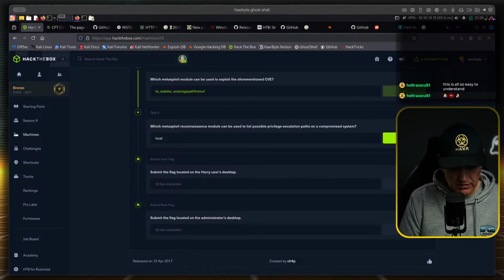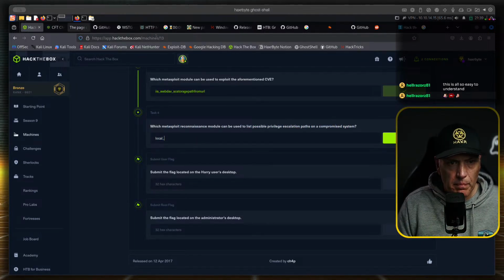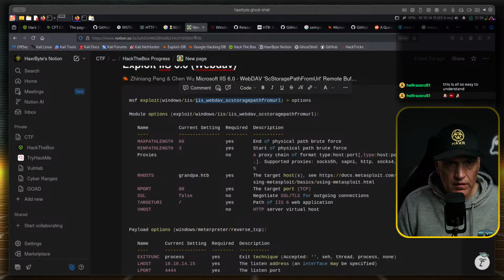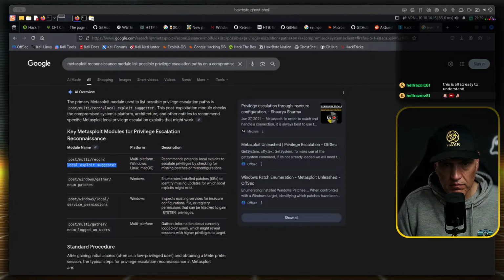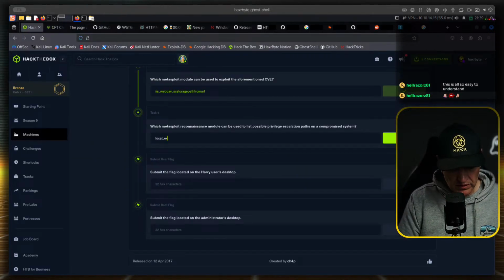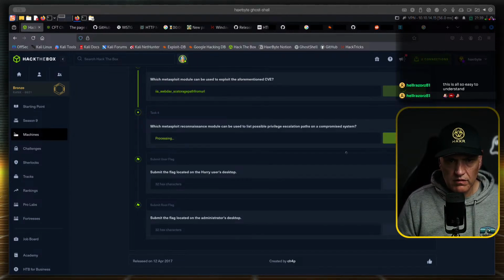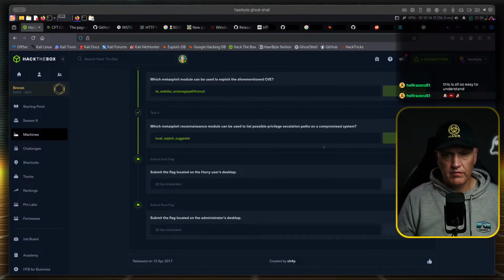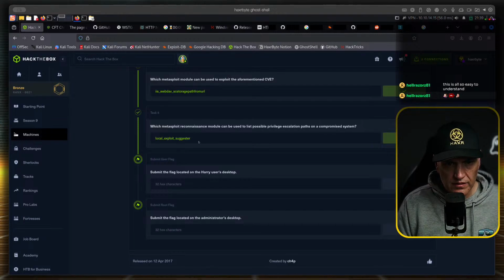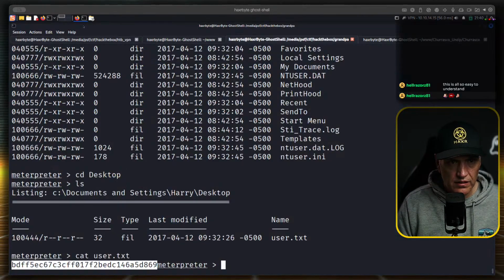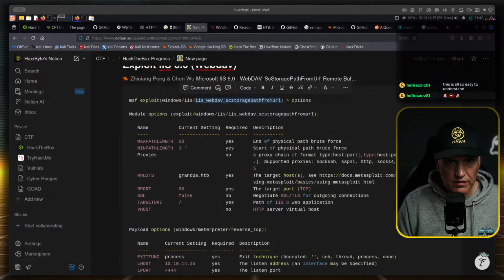Local exploit suggester. Oh my goodness. I didn't know this. I need to make a note.